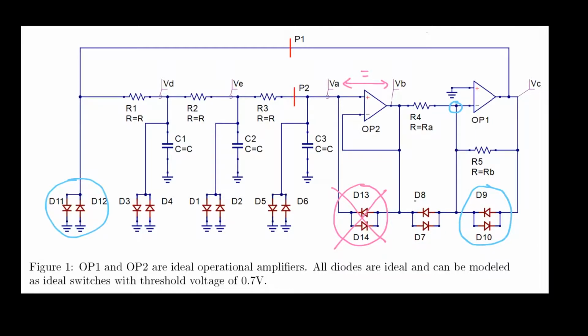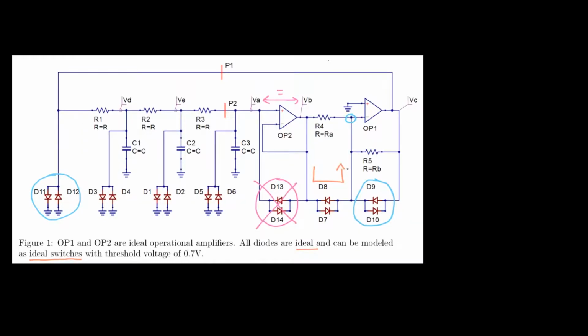And finally, we need to take a close look at diode pair D7 and D8. If the voltage at Vb is large enough to turn on one of these two diodes, an effective short circuit path will be created from Vb to this inverting terminal, because it's given that these diodes are ideal and are modeled as ideal switches. The effect of this on the circuit's operation is really big, because the amplification factor of